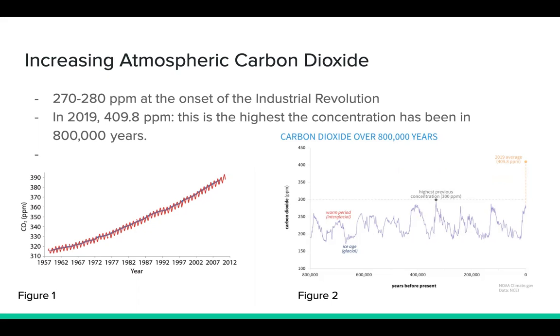Figure 1 shows the linear trend of carbon dioxide in ppm increasing in the atmosphere for the past few decades. These values were recorded from Mauna Loa, Hawaii. Figure 2 shows how in the last 800,000 years, through ice ages, times of lower levels of CO2 concentration, and warmer interglacials, times of higher levels of CO2 concentration, the Earth's natural processes never had global atmospheric carbon dioxide concentrations exceed more than 300 parts per million. These graphs show how the burning of fossil fuels and increased human activity is exponentially increasing the amount of CO2 in Earth's atmosphere like never before.